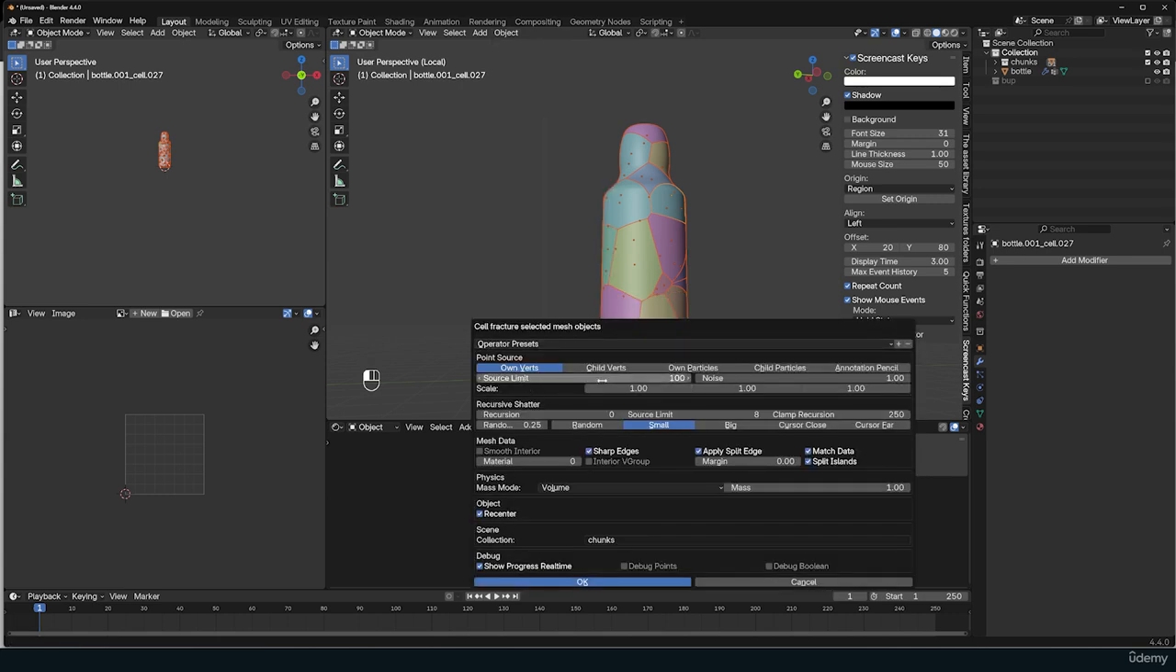Don't set the limit to 100 because each chunk will be subdivided 100 times. That is likely going to crash Blender or take a lot of time to break, and we don't need that many chunks. So I'm going to use about 5 maybe. So each of these is going to be again subdivided 5 times, and I need a separate collection for those small chunks. So let me call this